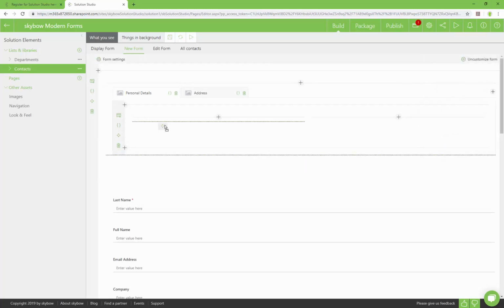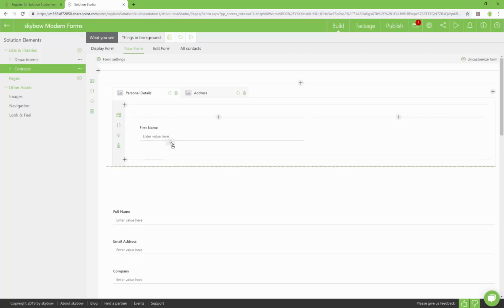We can easily drag and drop the fields according to our wishes and needs.